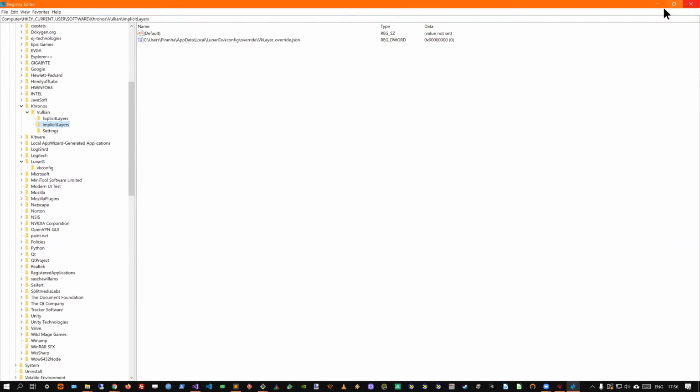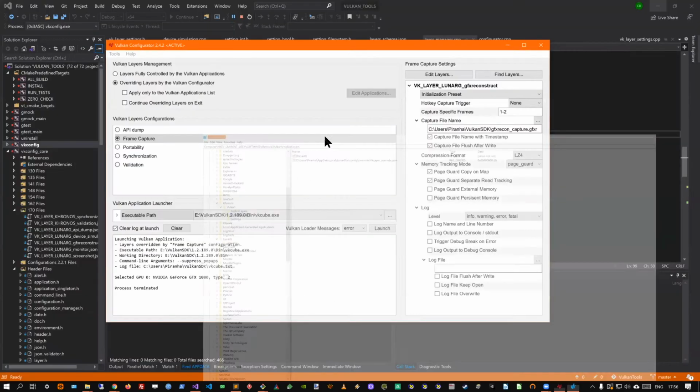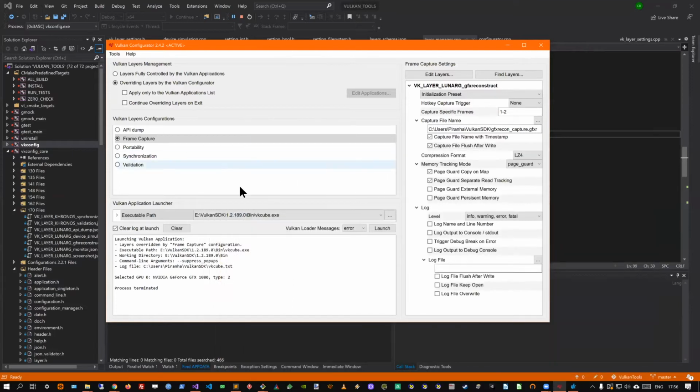It could be useful in the event that you launch Vulkan Configurator and an application in Vulkan Configurator, and it's configured, but the application crashes or Vulkan Configurator crashes or a layer crashes. Then in theory, the files are removed, but sometimes it depends.